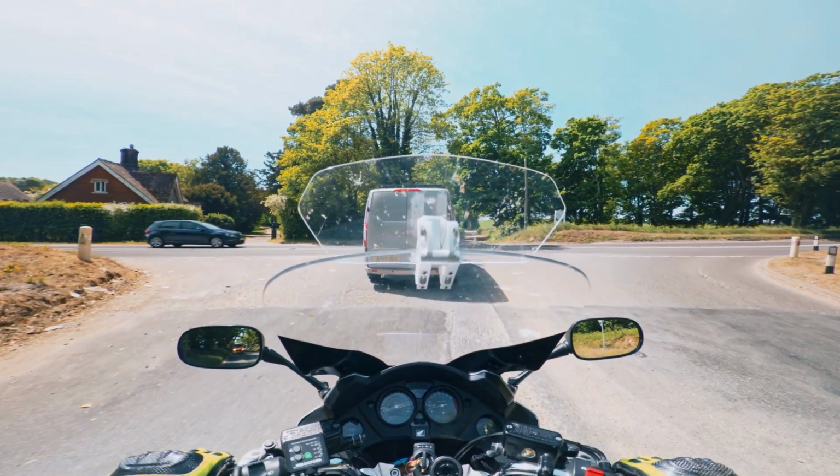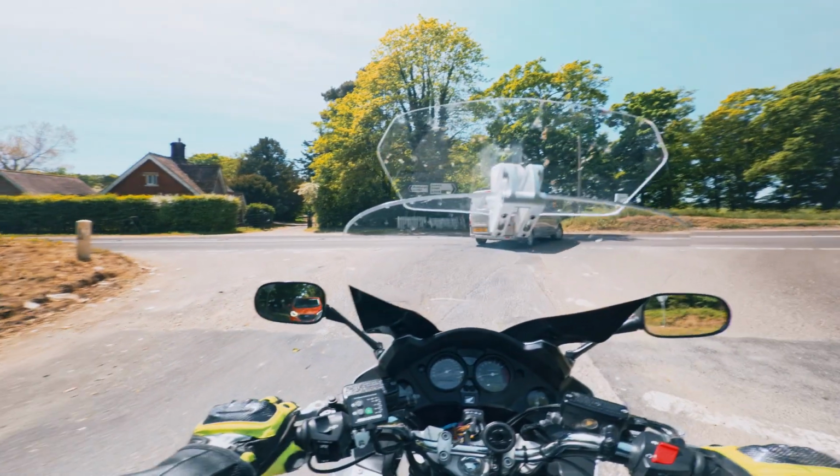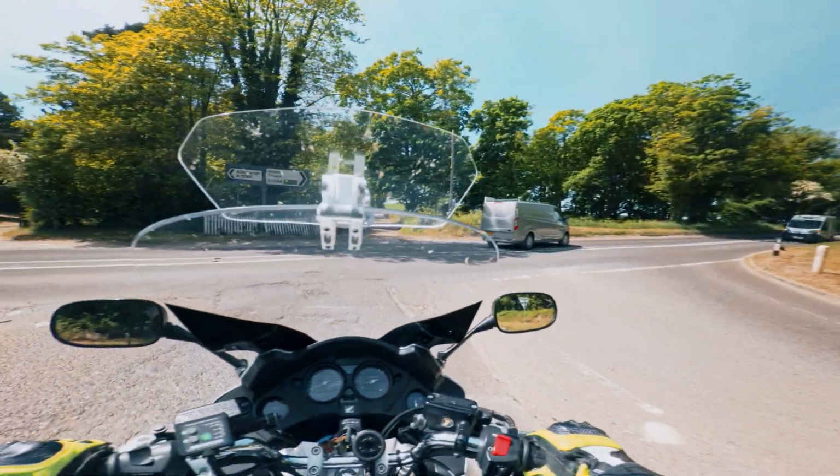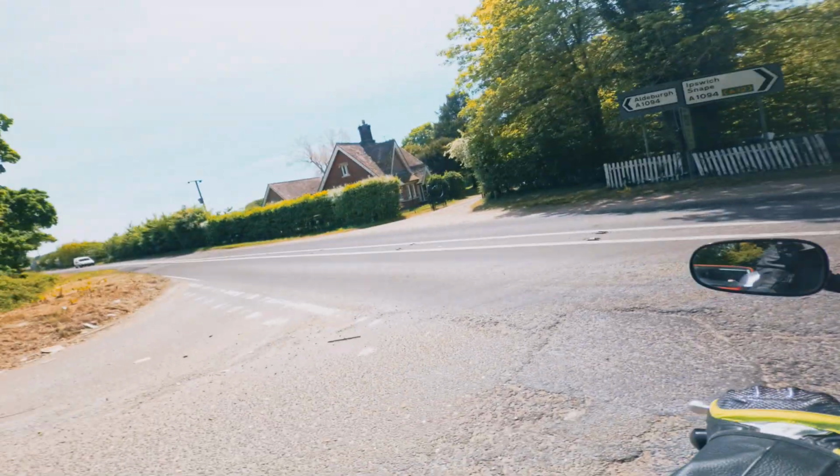Still getting used to all the noises though. But yeah, honestly, this bike's doing me well. I've had a couple of issues where the batteries, I don't even know if it's the battery, but